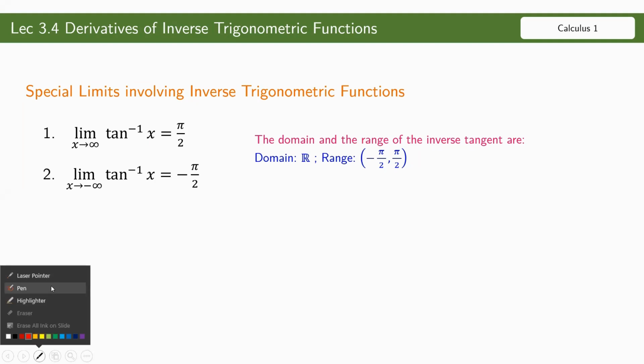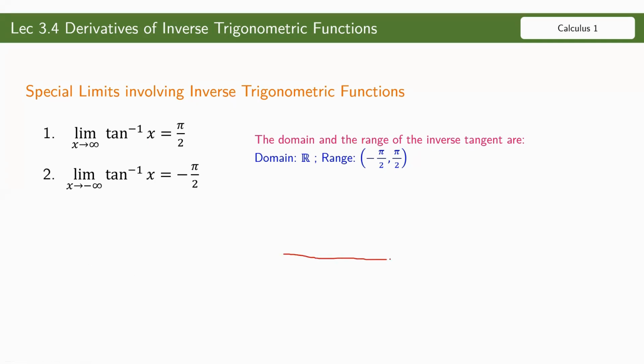It means that, suppose that we have here a line, and this is positive infinity, and this is negative infinity. You will reach pi over 2, but you will never touch it. And when you go towards negative infinity, the arctangent function approaches negative pi over 2. It approaches only as the limit. For the other inverse trigonometric functions, just take note of the domain and range of them so that you may intuitively answer what the limit of arcsine x is as x approaches infinity, and so on. So just review the domain and range.